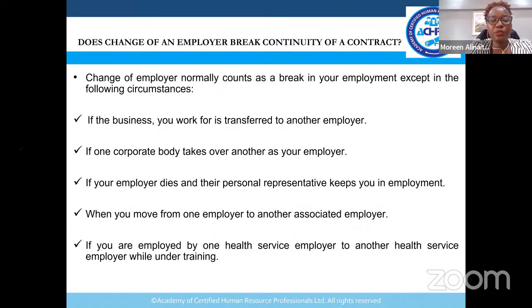If the business you work for is transferred to another employer, for example, maybe you're working in a hotel named ABC Hotel, and then ABC Hotel sells its shares to XYZ Hotel. Okay, that means the business has been transferred to XYZ Hotel. There'll be specific terms of engagement where